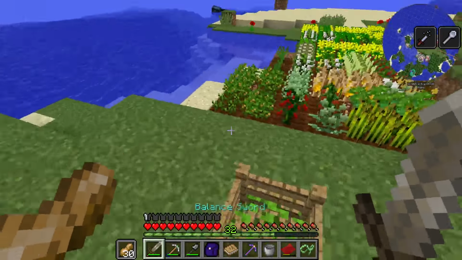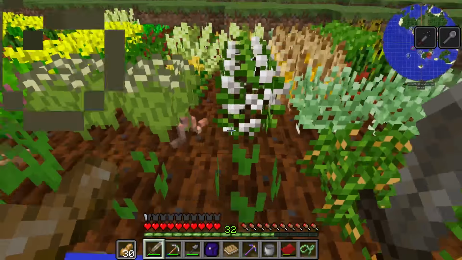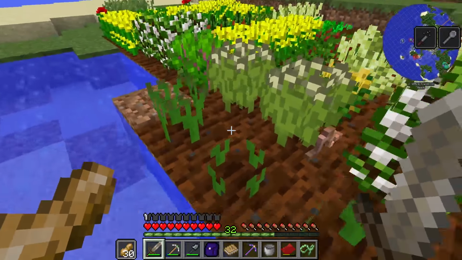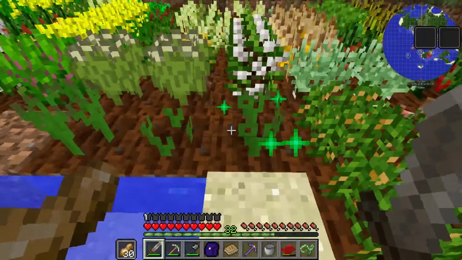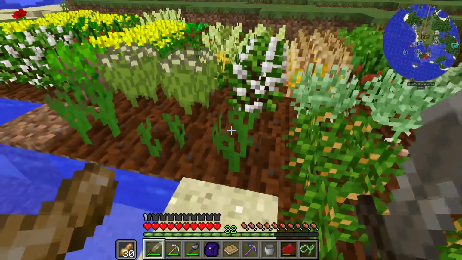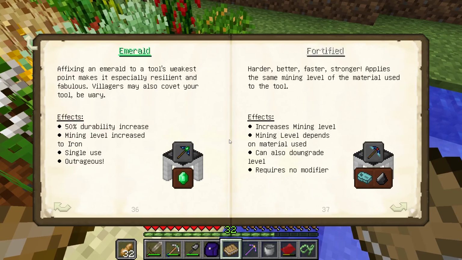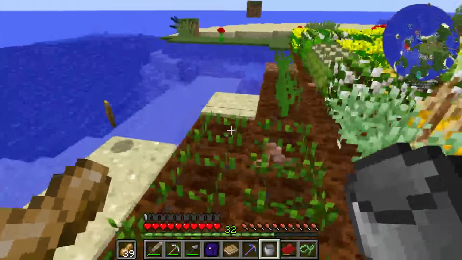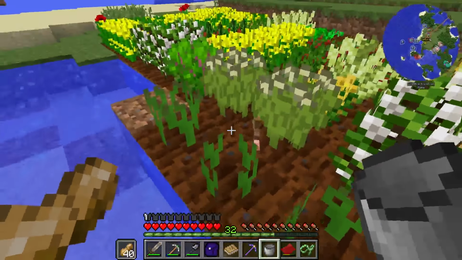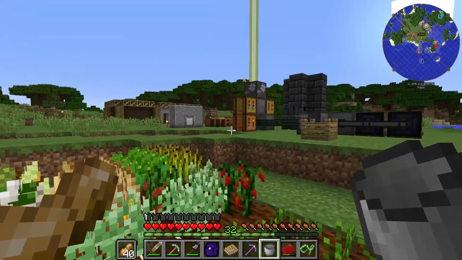But flax is super nice, especially early game when you don't have mob farms or anything like that. A great source of string. And so yeah, you can see right there that the worms are doing their thing and they're helping the crops grow. But yeah, everything is going great, and we are about ready to make our pickaxe Silk Touch and get into the